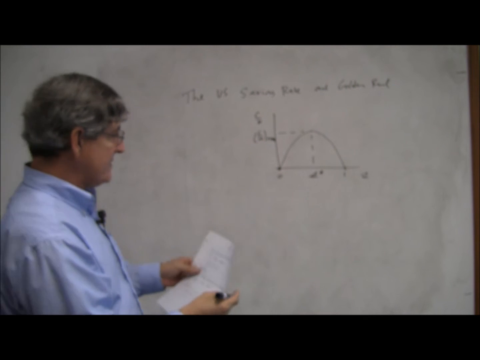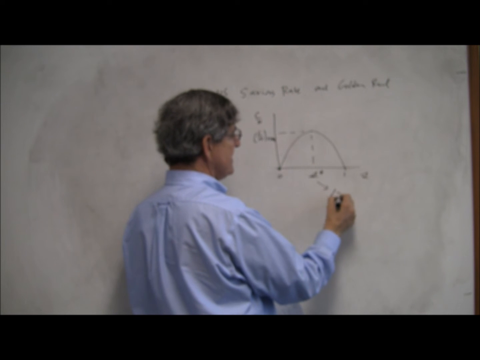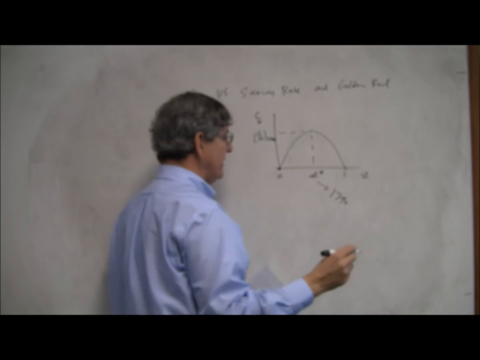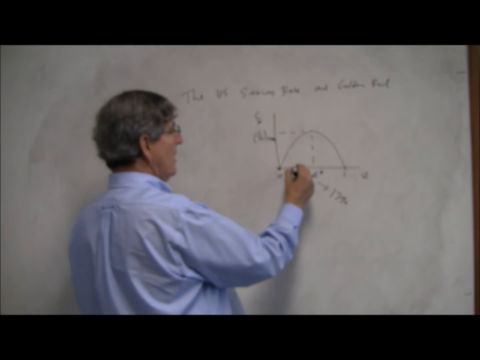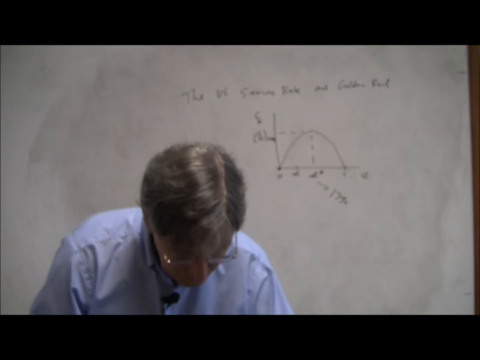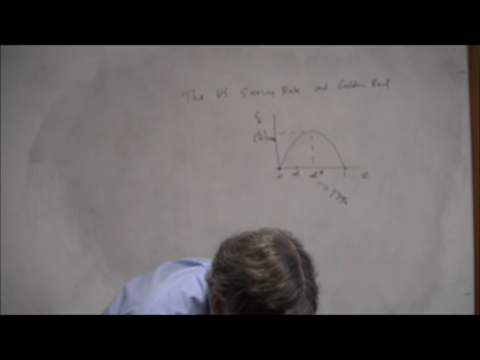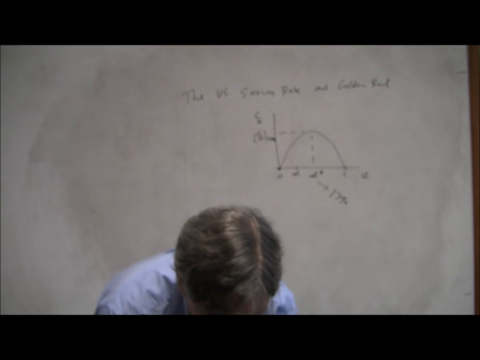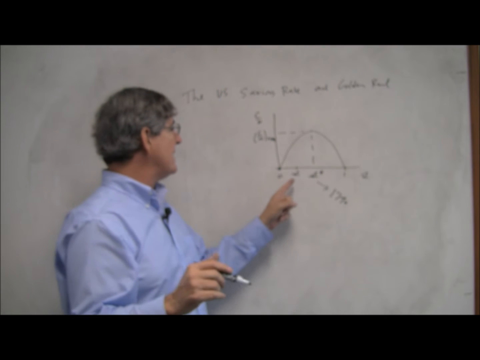Now, they put some numbers to this, and I used these numbers earlier when I first brought this up. This is about 17% for the U.S. according to their estimates. We're clearly below that. So we're clearly below the golden rule. And again, we say, well, if we could have more consumption per person, why doesn't this society choose to save more? Why doesn't the government put these incentives in place? And the answer is,